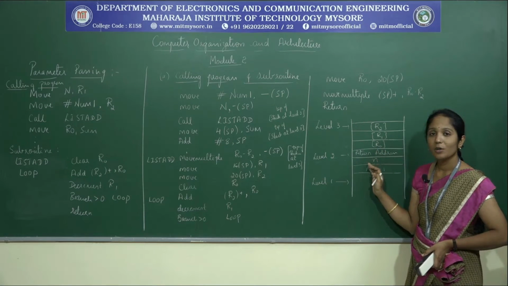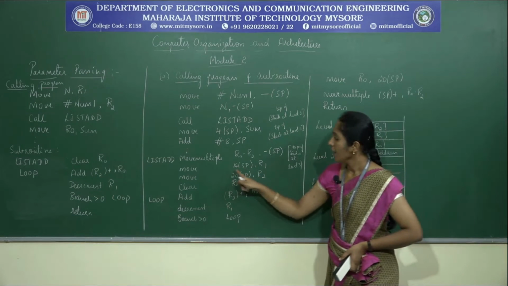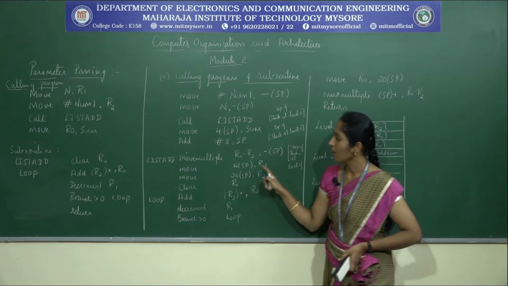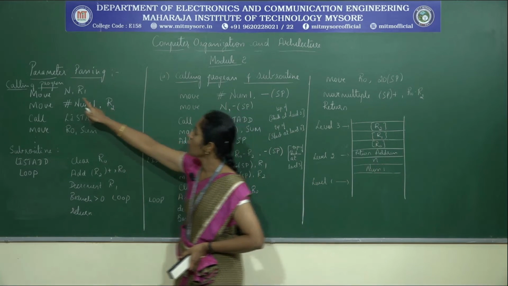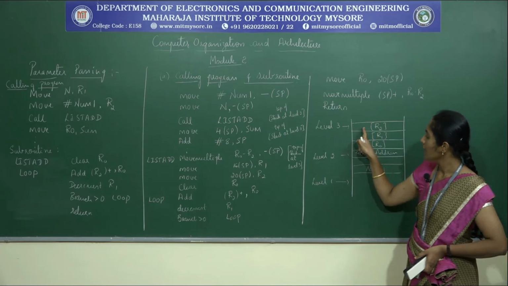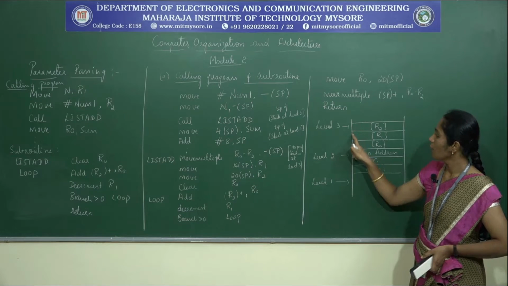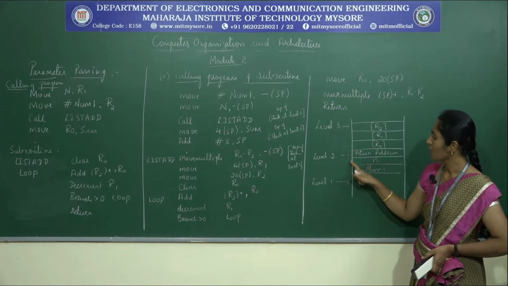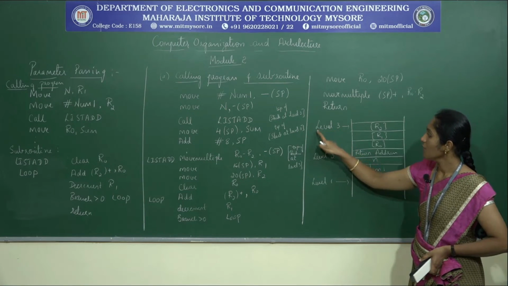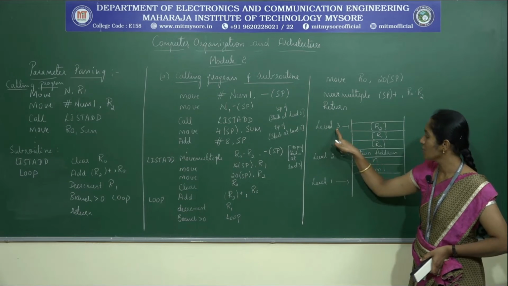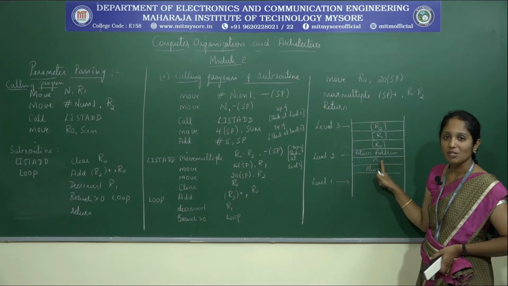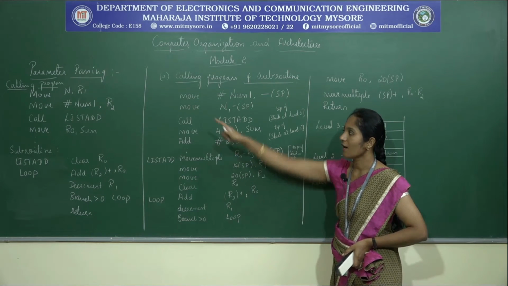So now what we are doing is adding 16 to the stack pointer and placing that value in R1. R1 should contain small n, or the n value. If you add 16, it will come to this address: 4 plus 4 plus 4 plus 4. If you increment 4 times, it will point to this. Since the top of the stack is in this position, we have to add 16 so that the n value, the total number of elements to be added, is stored in register R1.